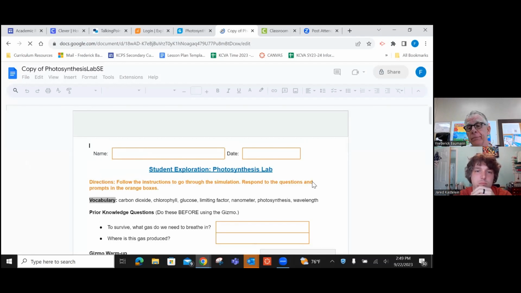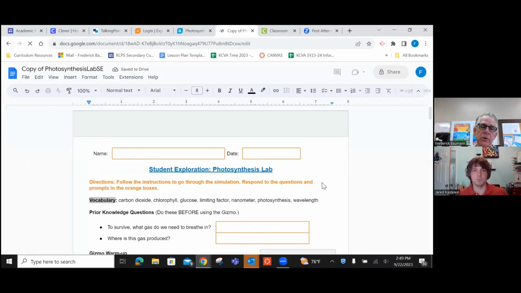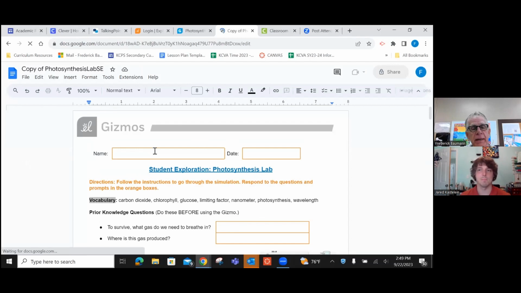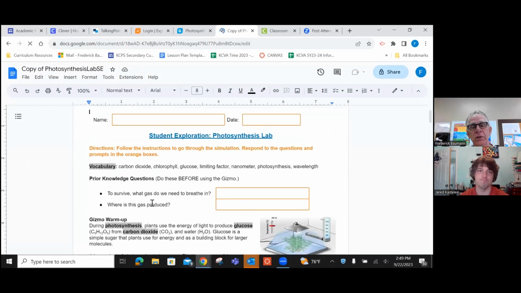So here we go. Here is their actual worksheet, or they call it student exploration sheet. Depending on how you want to use this, you can make this live, but they always start off with a prior knowledge question. So before they ever do a gizmo, here are some things that will get them engaged. What's their prior knowledge? What do they know? They also give you key vocabulary words associated with this gizmo, like carbon dioxide, chlorophyll, glucose,